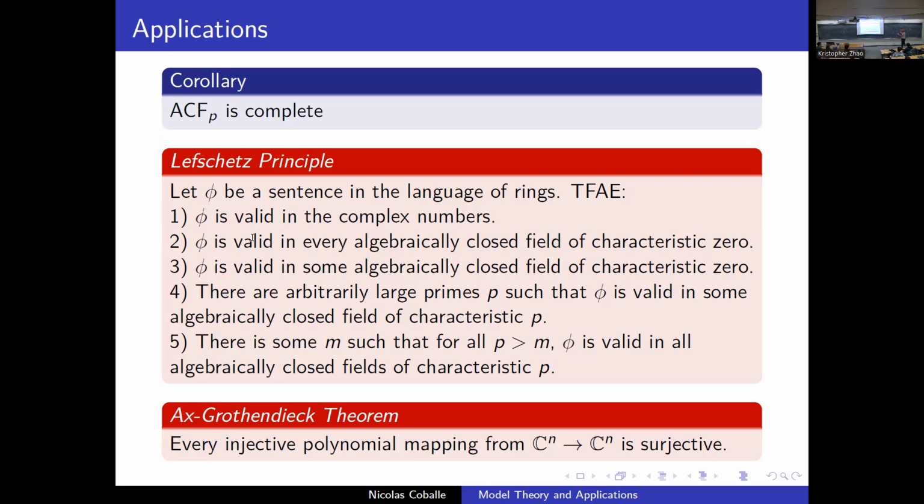Well, it's generated by B, which is in the range. This implies that this map would not be surjective, but it can be. Is that clear? Everyone following? So therefore, every injective polynomial mapping from F_p^n to F_p^n is surjective. And then the last part of the proof of the actual theorem